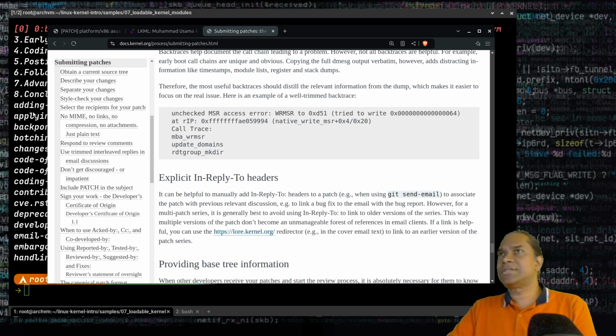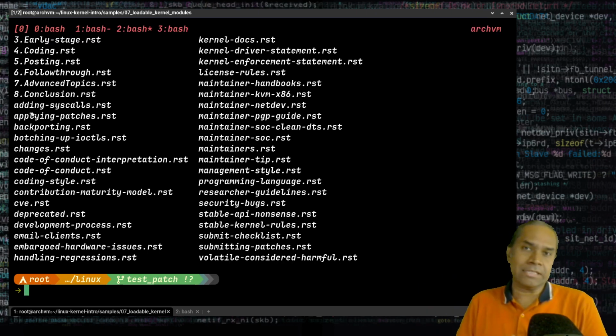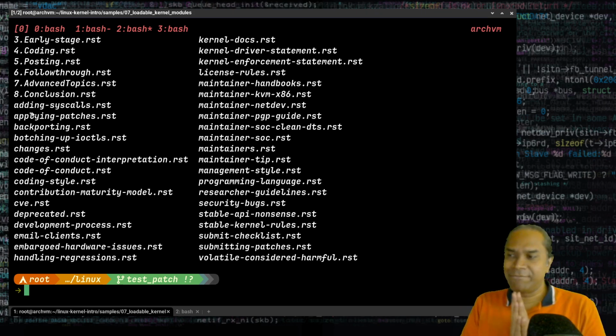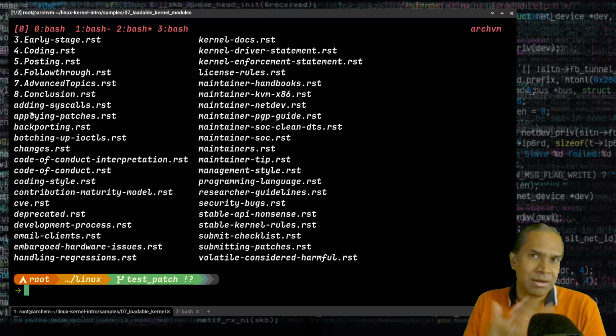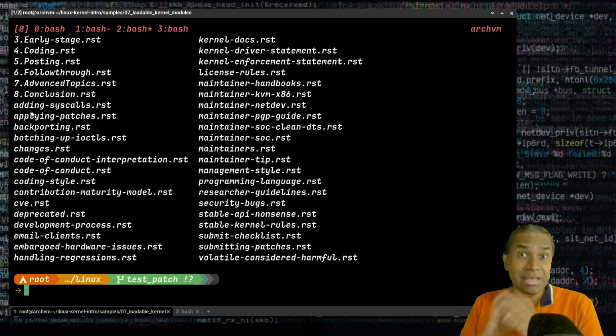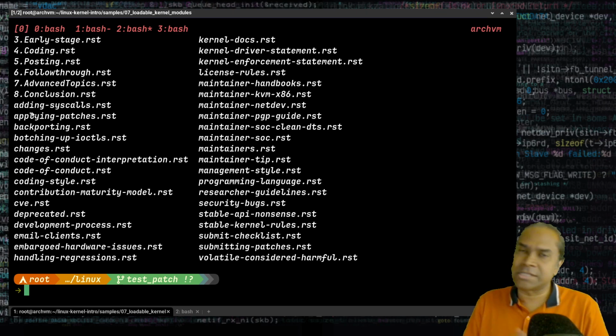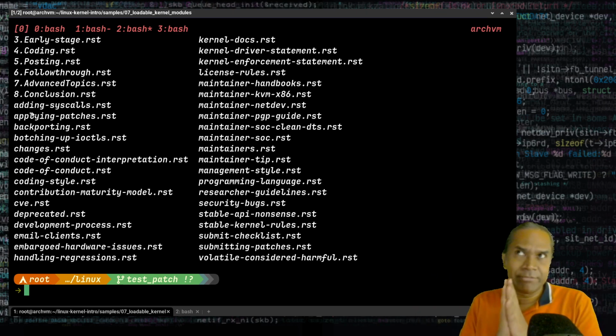This pretty much covers the topics for Linux kernel development. So we learned right from the very basics about what Linux is, and we also learned more about the Linux kernel features. We learned a bit of history, about interesting operating system concepts, and we learned how to build the kernel, how to custom compile a kernel with our own custom configuration. We also learned how to create kernel modules and what things to keep in mind when you're writing kernel modules, important bits of it. We also learned how to interface with the proc file system, debug file system, and how you submit a patch to the kernel community. This concludes the introduction to Linux kernel